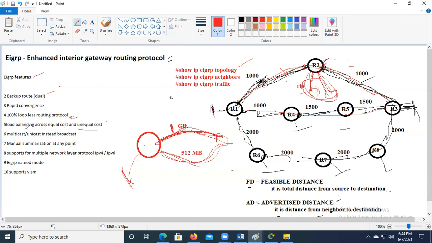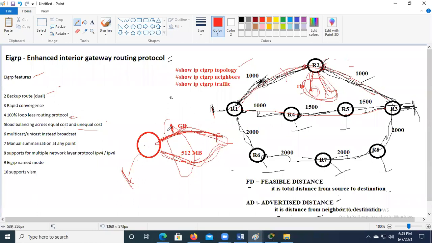But my manager says, even though we have one more path connected with 512 MB, why don't we use it? Let us use both paths for forwarding the data. But we have unequal costs. They are not equal cost by default. So EIGRP is the only protocol that supports unequal cost load balancing.